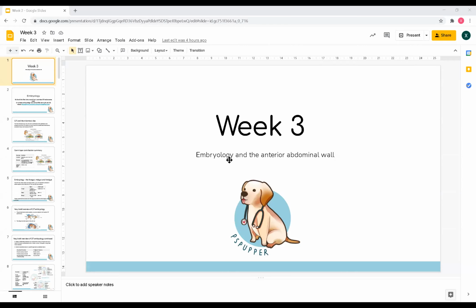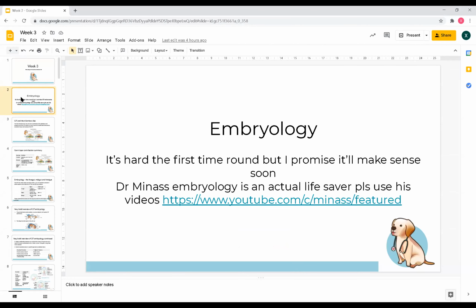Today we're going to be talking about GIT embryology and the anterior abdominal wall. So let's start off with embryology. Sometimes embryology can be a bit overwhelming, and especially at the beginning, there's a lot of new words. I found there's not always a strong foundation for embryology. So you're talking about ectoderm, endoderm, no idea what that is, you just know it exists. So it's always hard the first time round, but I really do promise it will get better the more you